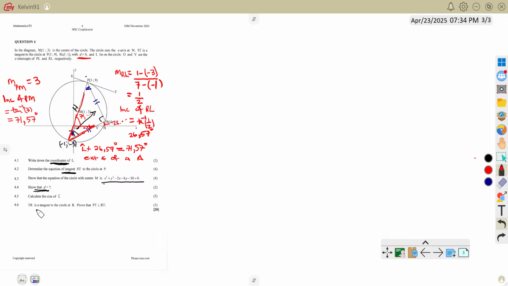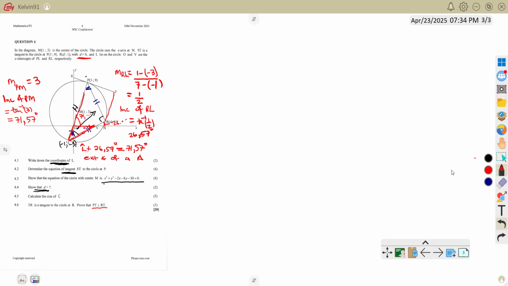Now the last question is saying RT is a tangent to the circle at R. So it means we are having another tangent here. Then the question is saying prove that PT is perpendicular to RT. How do we prove? Using the concepts of